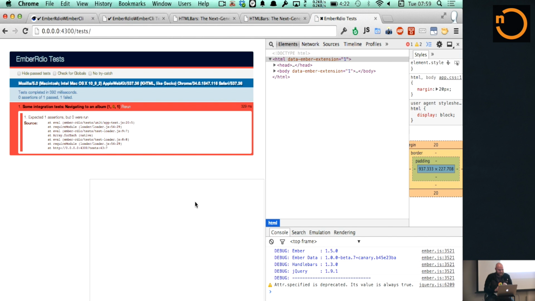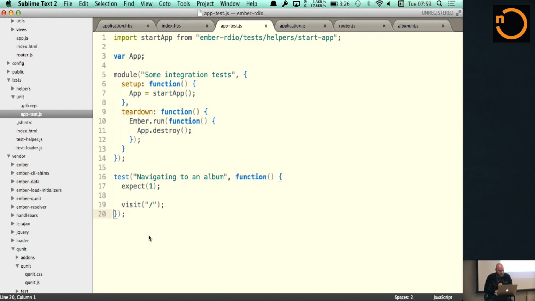So you might be able to see this little window here is actually where the app gets rendered while tests run. If you set breakpoints, you can stop the application, inspect the state of it, and even interact with it. The application is literally rendering into a div that is 50% zoomed. It's kind of cool. So we're going to visit. Basically, if you've ever used Capybara or something like that, this is kind of like that. There's a little DSL for writing these tests. So we're going to navigate to an album, but we know that navigating to an album,